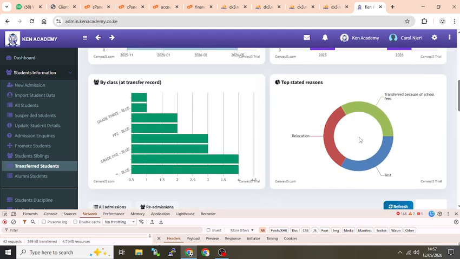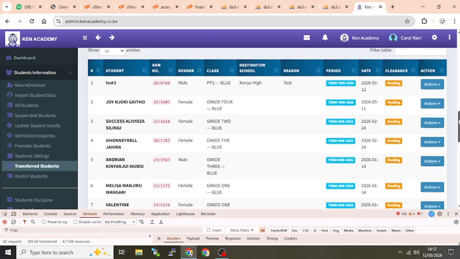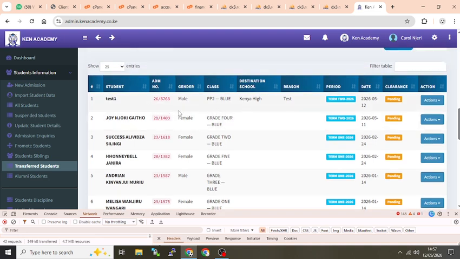So we'll be able to see even the highest reasons. Maybe this was a relocation, there was an issue of transfer based on the school fees, and we have the test that I've just added. So you'll be able to see the transfer per class. You'll be able to see grade 4 has the highest transfer, and grade 6. Then we have grade 1, then grade 7, then PP2, and grade 5. So this is very, very important, because if I come here